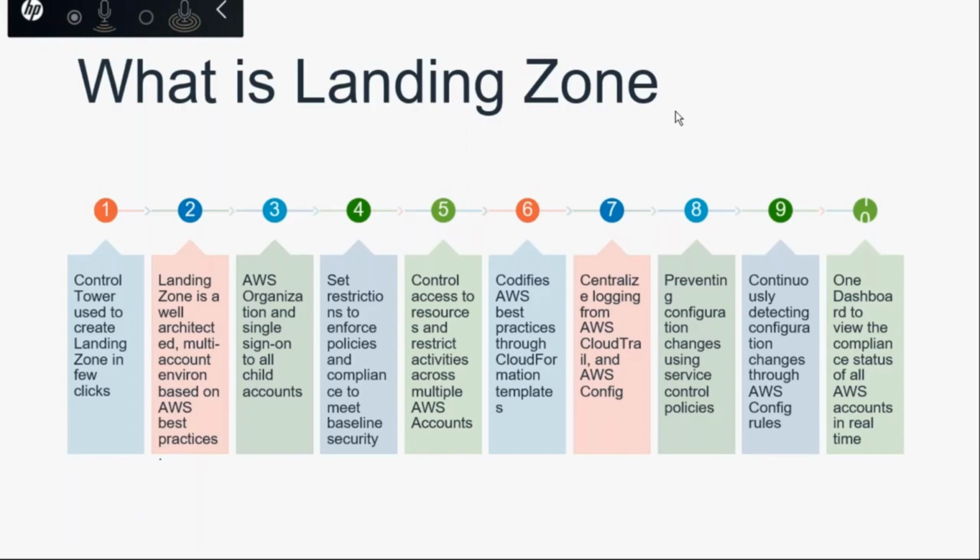They do have a few config rules that are continuously detecting. I said, if someone opened an S3 bucket to the world, right? So if you make an S3 bucket public, whenever there is a configuration change, the config rule will automatically run and show it in the compliance dashboard, meaning this S3 bucket does not meet the compliance.